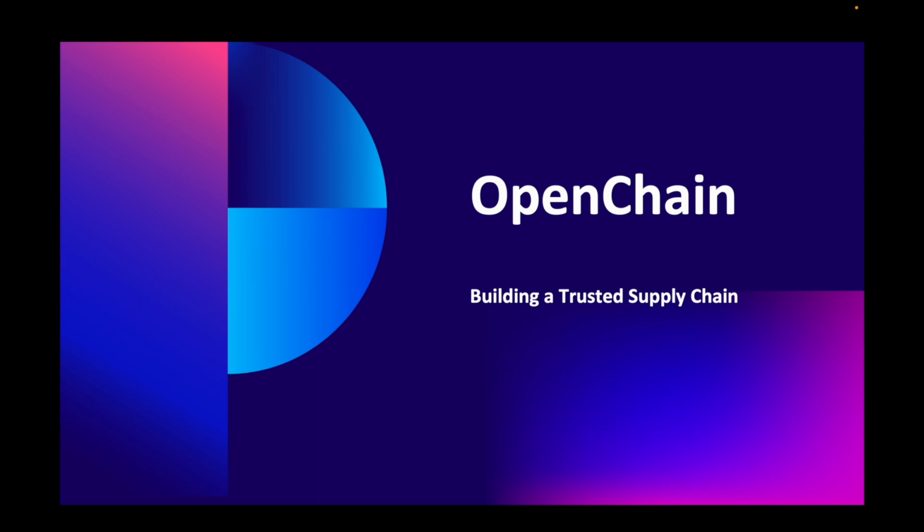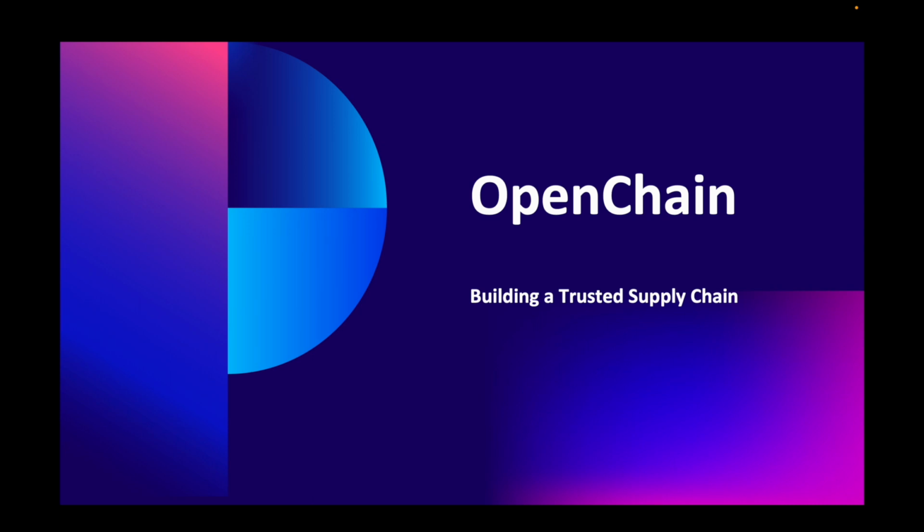Let's get started with the OpenChain project itself. The first thing I should say is that the OpenChain project is not about blockchain. The OpenChain project is about supply chains. It's about how do we manage open source software in supply chains. More specifically, it's about how do we make the supply chain more trusted when our topic is types of compliance, like license compliance or security compliance. How do we make that supply chain more trusted?